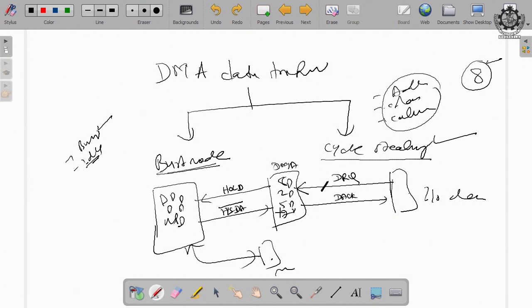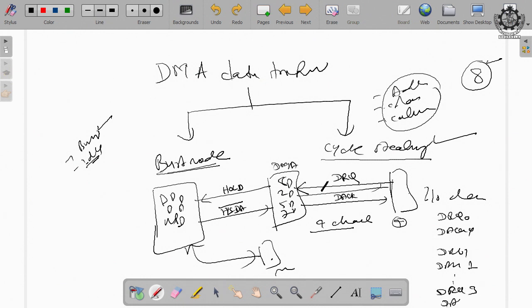Similarly, this 8257 chip is designed in such a way that there are 4 channels supported by 8257, and because of these 4 channels, 4 I/O devices can at a time put the request to 8257, and if 4 requests come to 8257 at the same time, 4 acknowledgement signals should go to the devices, is it not? So, therefore, they are named as device request 0, device acknowledgement 0, device request 1, device acknowledgement 1, and so on, device request 3 and device DACK 3.